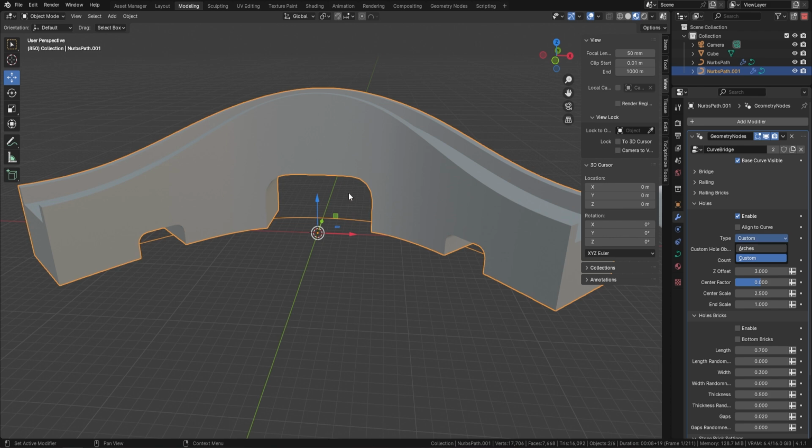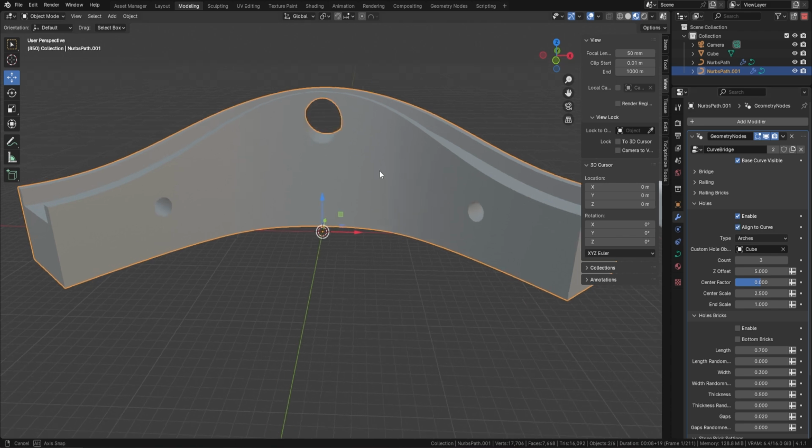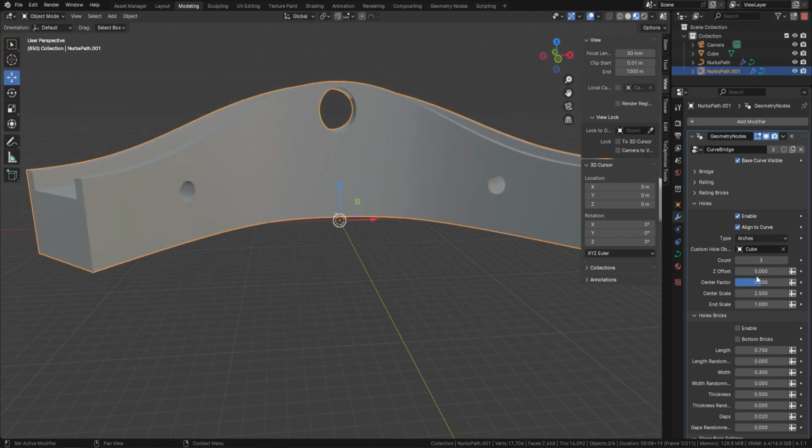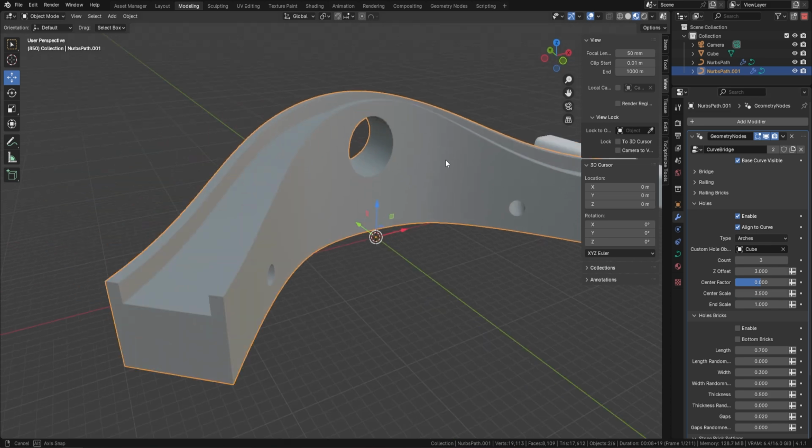and let's also put this back to arches. So we're going to put them to the round ones. You can do this with your own booleans as well. Let's then put this Z factor up to something like 5. Let's move it up, and let's click on align to curve like so, and it should move them all up where we actually want them. Not quite that far. Let's try 3. Bring it onto 3. Let's make this center one a little bit bigger, so 3.5 like so,